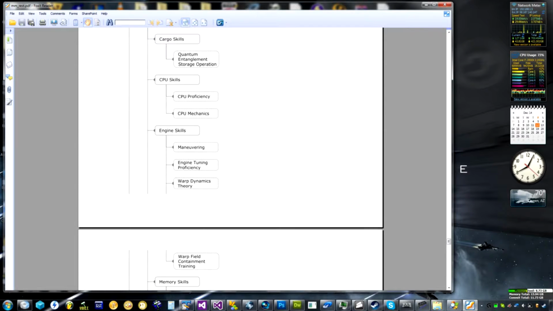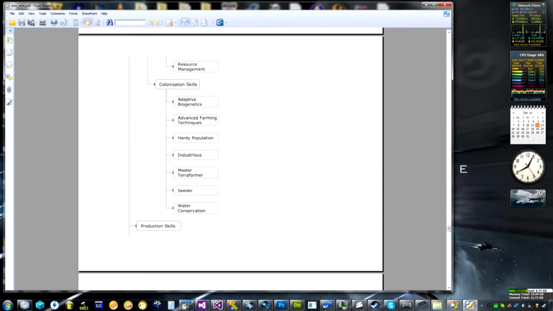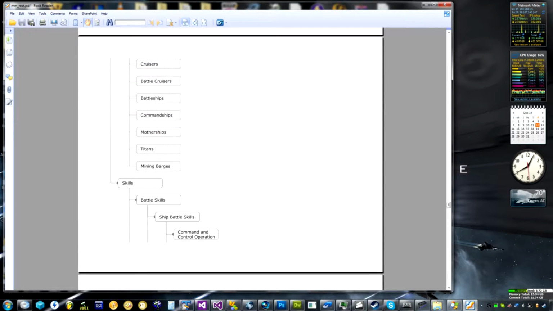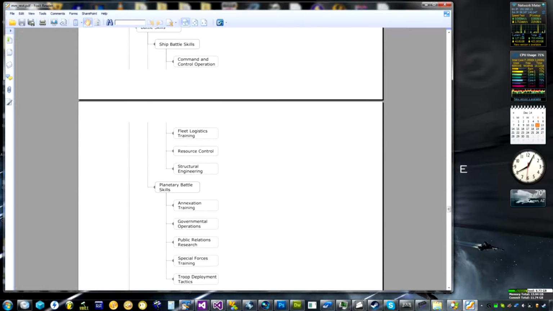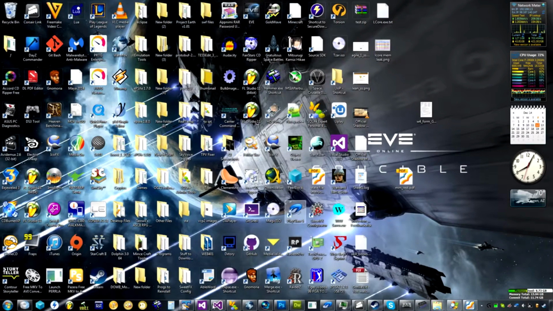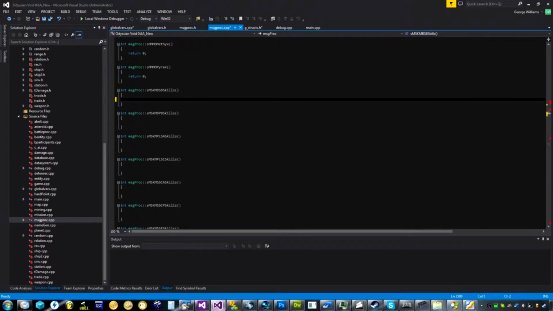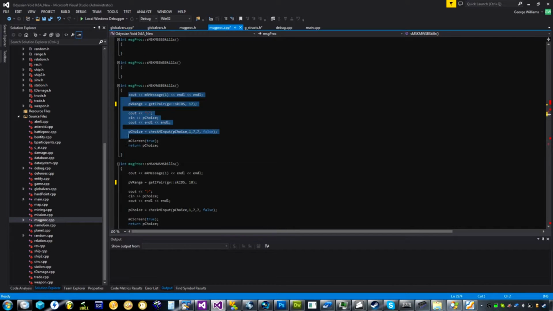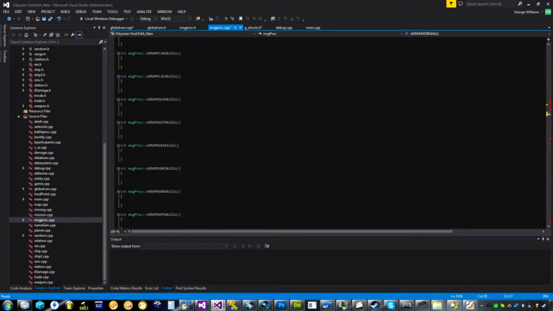Let's see. So the first, yeah, it's the first group, right? If I can find the damn things. Too many skills. Yeah, battle skills, ship battle, and planetary battle. So those are the first ones, so 0 and 1 respectively. So we just come down here, grab this, and